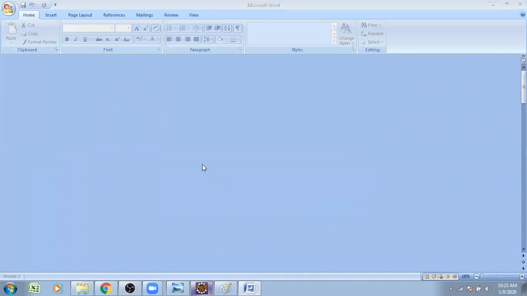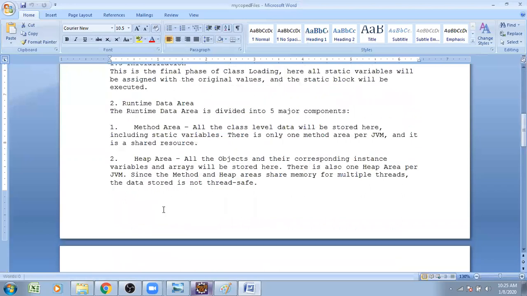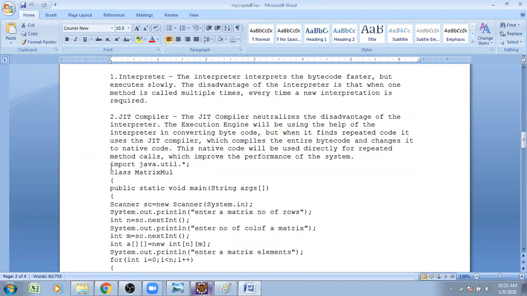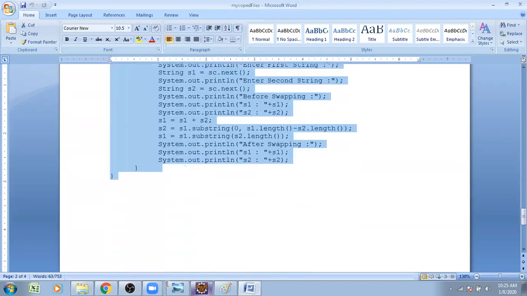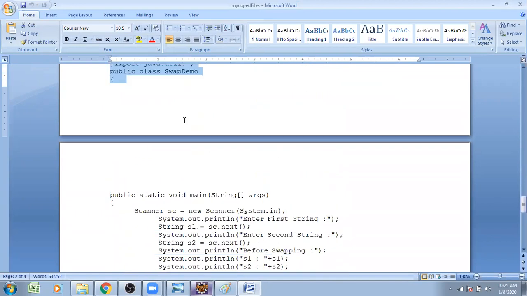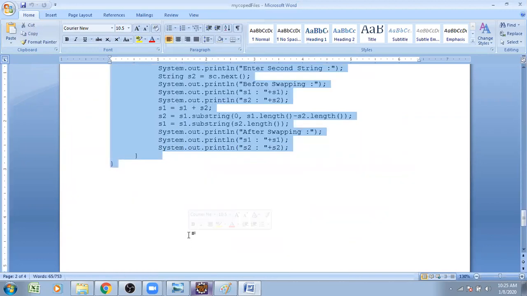See, getting first file data, the JVM text file data is going to be fetched, the whole data from the JVM text file. Next, we get the data from the matrix operation file. After that, we get data from the swapping of 2 numbers file, the swapping of 2 numbers logic. This is the way we are going to work.